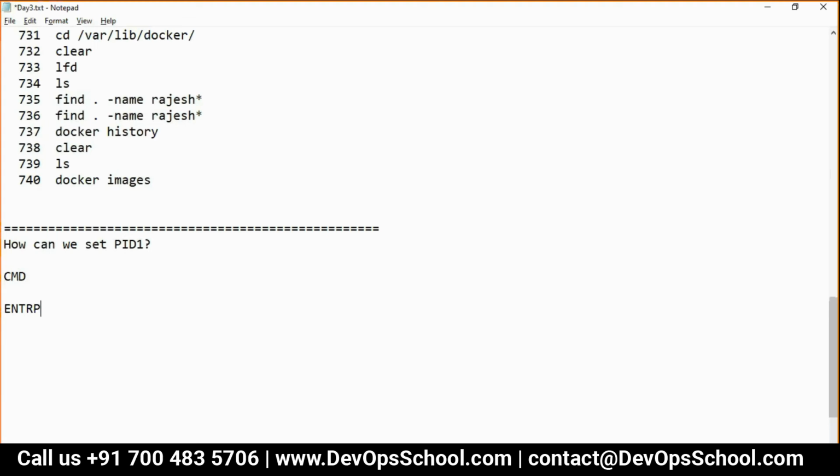Another way is ENTRYPOINT. Now you must be having a question in your mind, which one should I use? Yep, it's a good question. I would say you can use both of these.